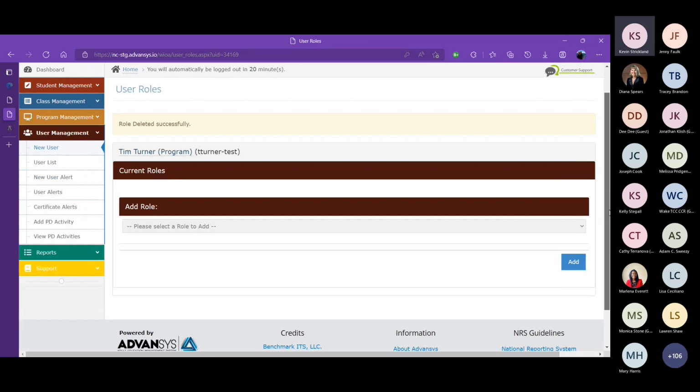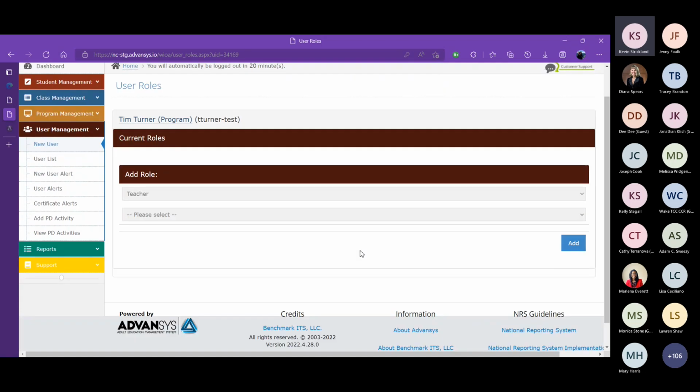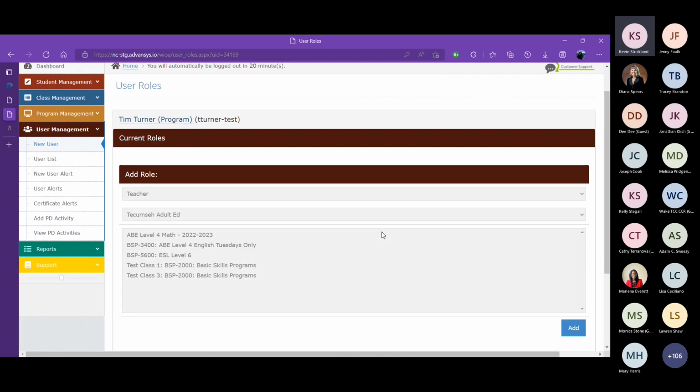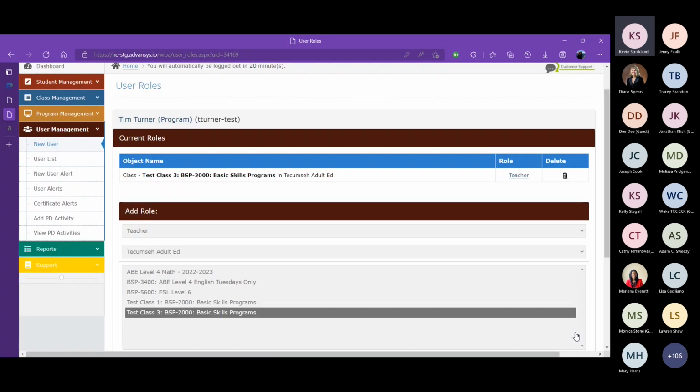And then if I wanted to add a new role for Tim, if I wanted to say Tim is now going to be a teacher, so I select teacher. When I select teacher, it asks me to choose the program. You should only have one program in the dropdown for that. And then I have to choose the particular class to which he's assigned. So I'm going to assign him to test class 3. When I choose the class in that list and add that, now he's been added as a teacher for this